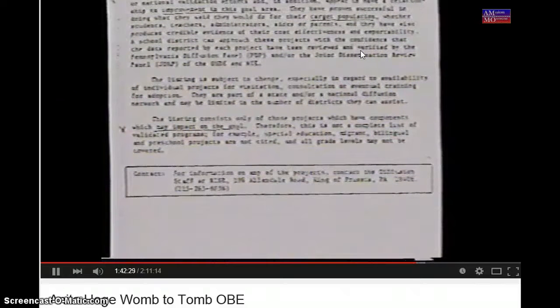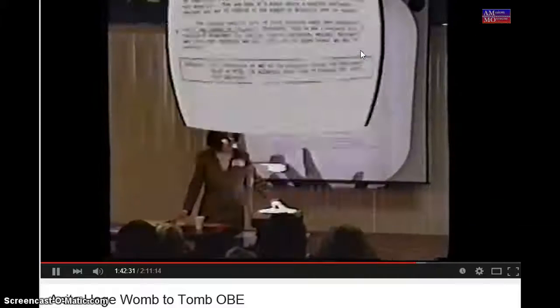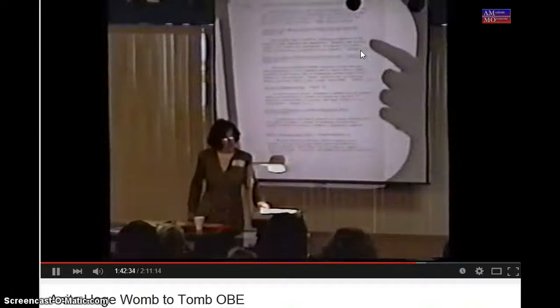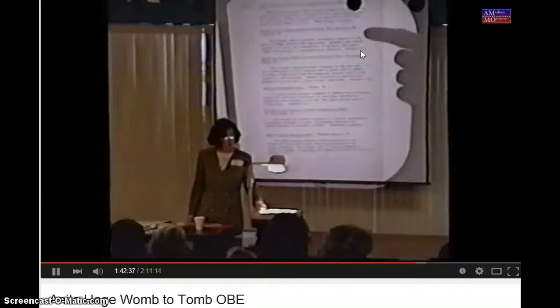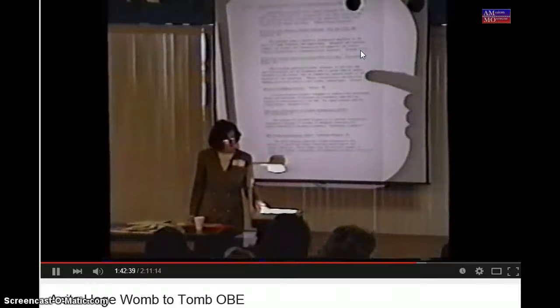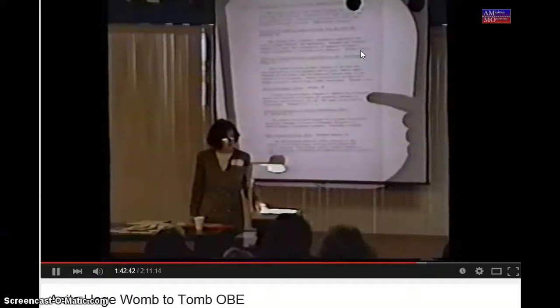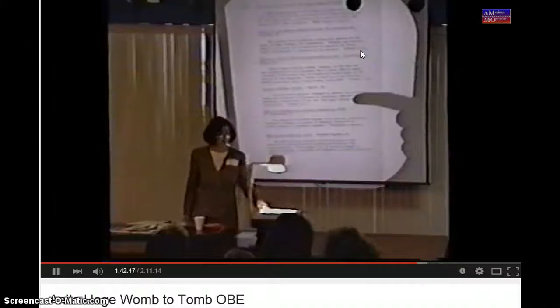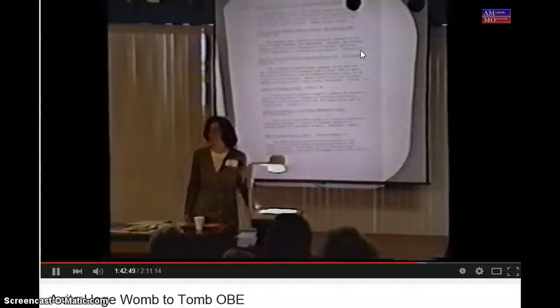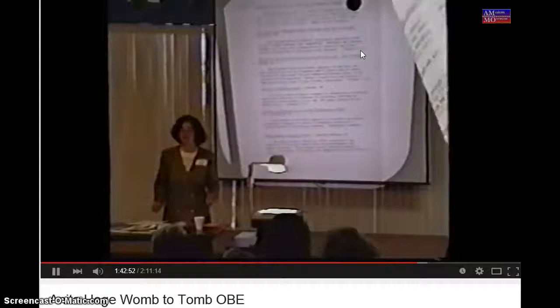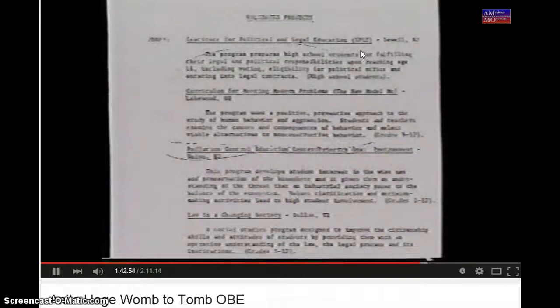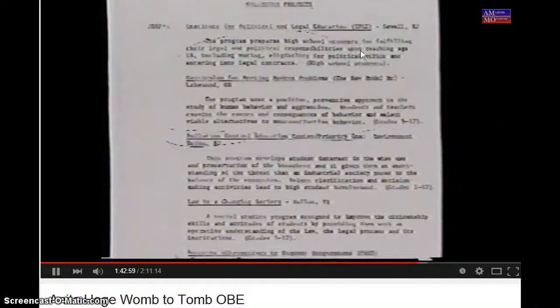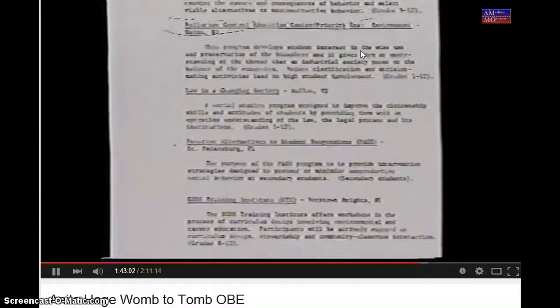And I do also have a list of some. For instance, here's the new Model Me in Ohio, and you think, well, gee, here's one from Ohio, one from New Jersey, Law in a Changing Society from Texas, Florida, New York. How can you validate Law in a Changing Society from Dallas, Texas under the Pennsylvania EQA unless the Pennsylvania EQA had the national validating system, or everyone was using the national educational goals or the national objectives? All of the above. Pennsylvania did validate the national objectives, and we did